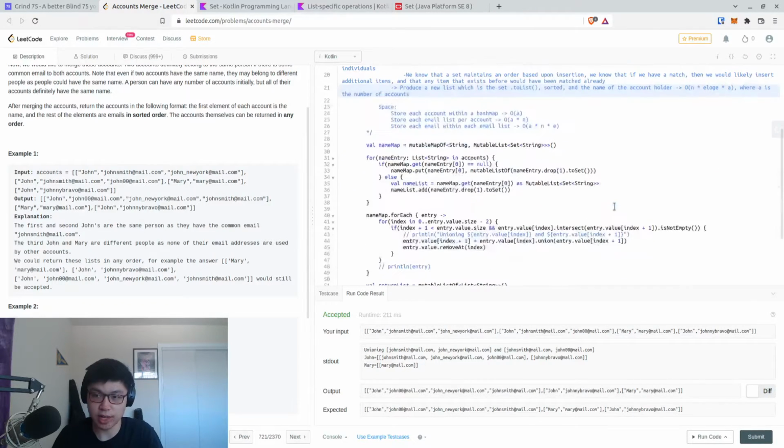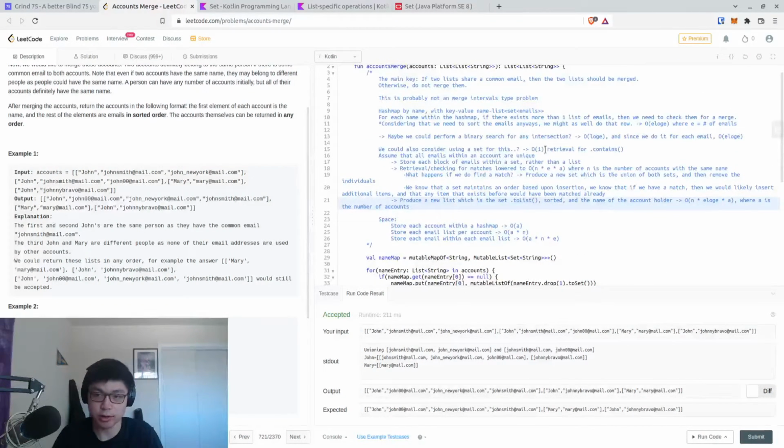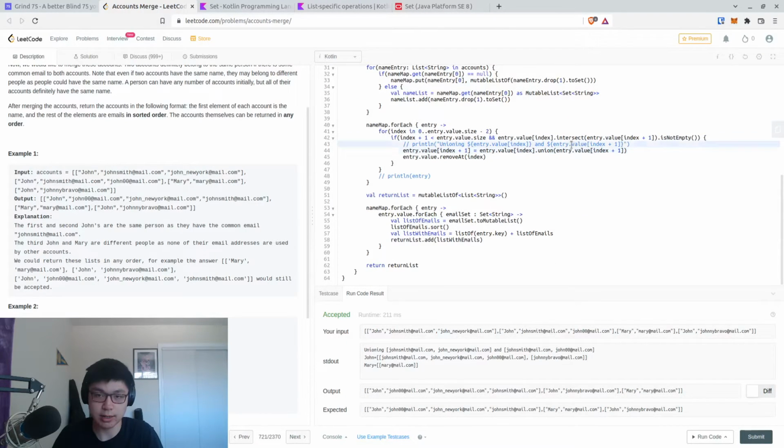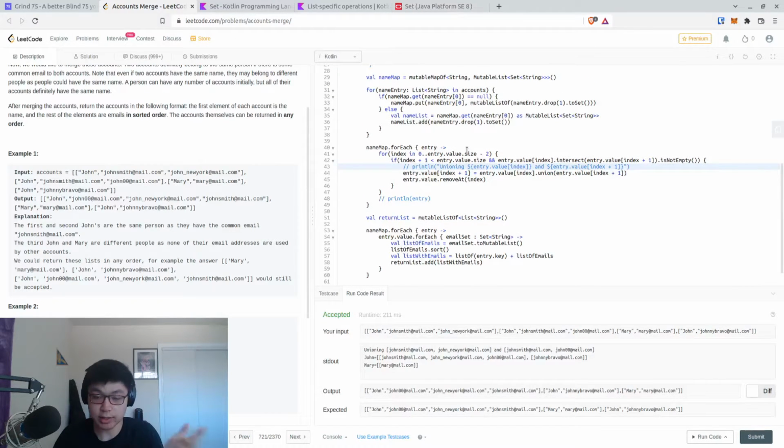It's actually O of n times E log E times A, or O of n times E times A, in order to union and intersect all of them. If they have something in common, then it'll just basically accumulate over time. I think that there's a way to sort of use a fold rather than